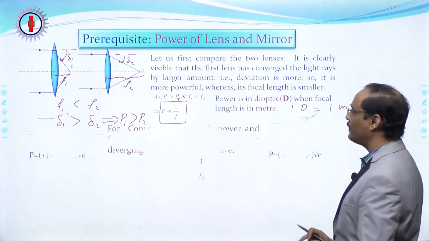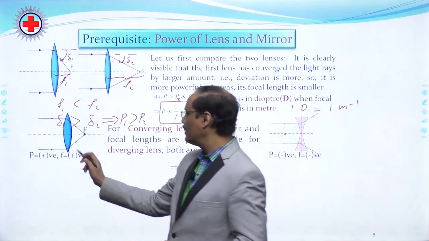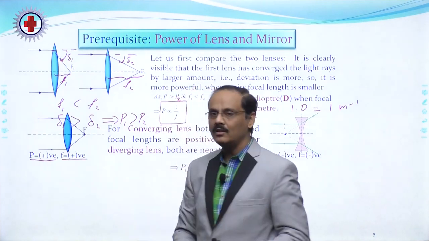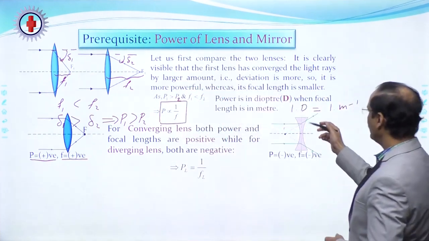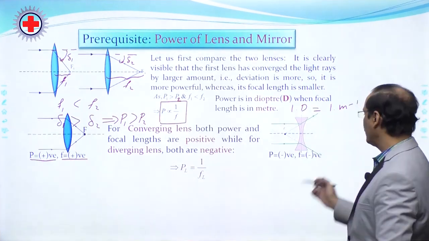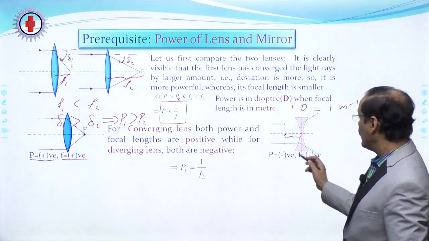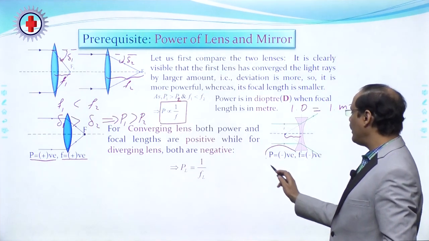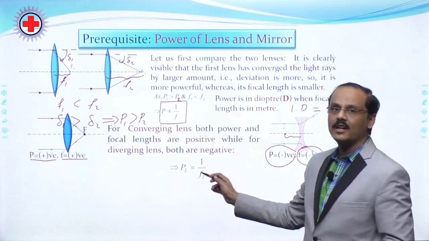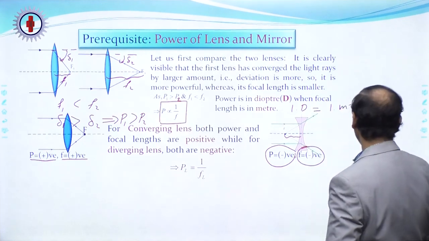So, let us first get the power of lenses. First you could see, a converging lens converges light rays, its power is positive, focal length is also positive. Whereas, for a diverging lens, power is negative as light rays are diverging, and focal length is also negative as it is on the left side of the lens. So, you could see that power and focal length are of the same sign. So, here the proportionality constant is taken plus 1. So, power of lens is 1 upon f of lens. Now, let us see about the mirror.